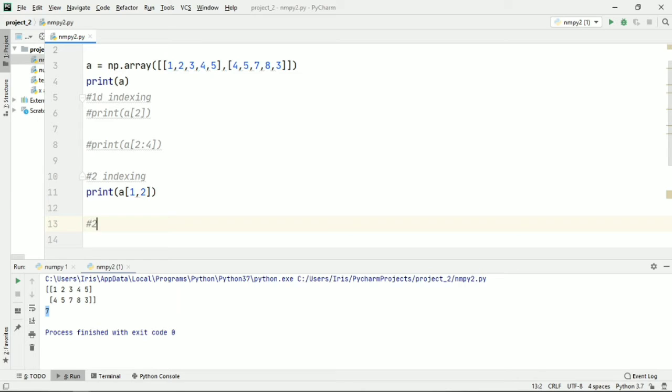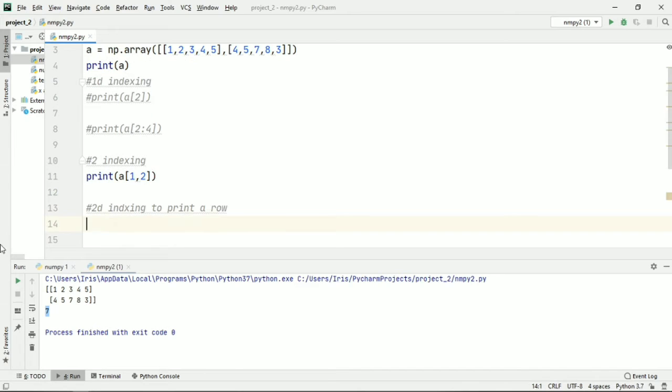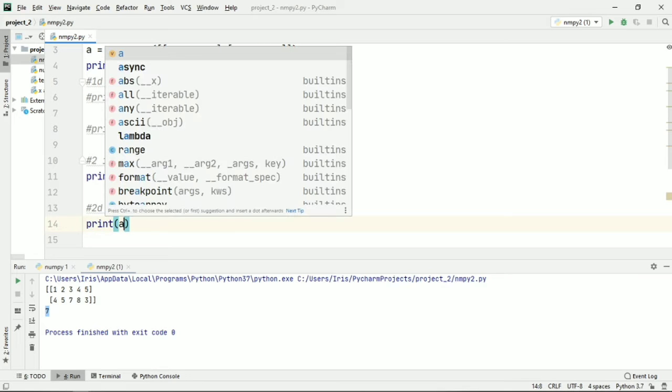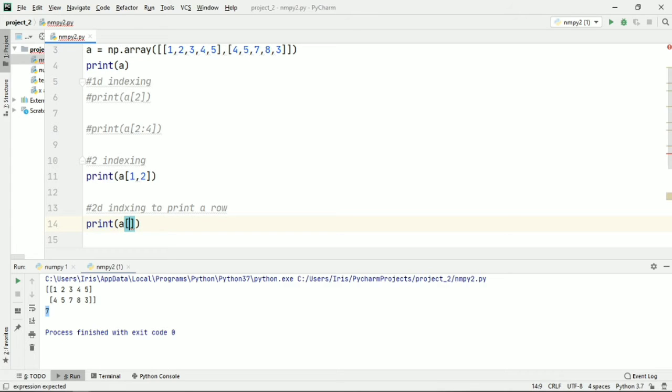I have another method of indexing, that's for 2D indexing to print a certain row. Okay, so that would work as this. So what you want to do is you just print your variable and you specify which row you want to print, and you place a comma, and after that you do not specify your second argument.